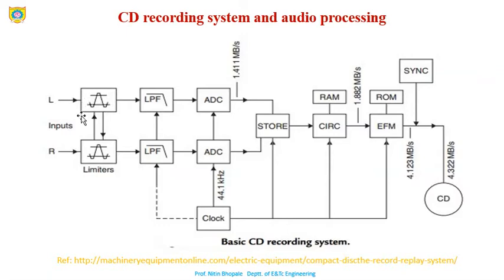Further, we are applying it to the limiters. Input limiters are cross-linked in operation to avoid disturbance of the stereo image position. So these are cross-linked, which is why one arrow is shown upward and the second downward. Next, its output is given to the low pass filter. Now let me tell you one more reason why it is provided like this.